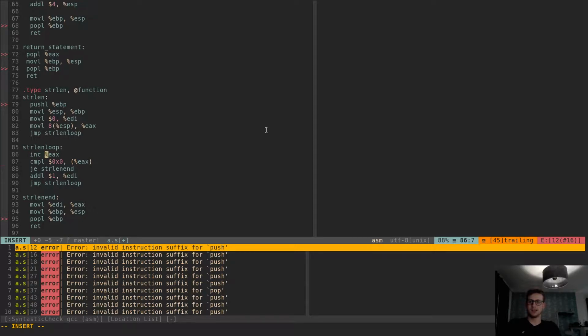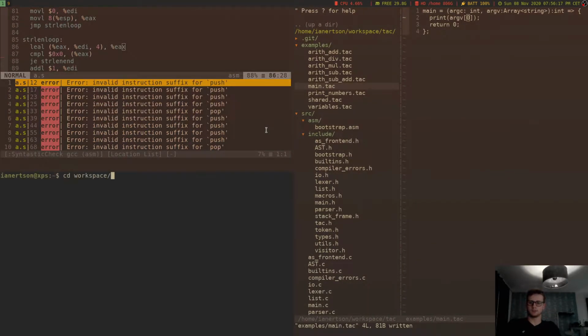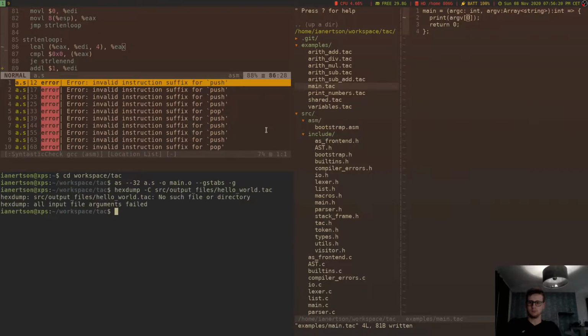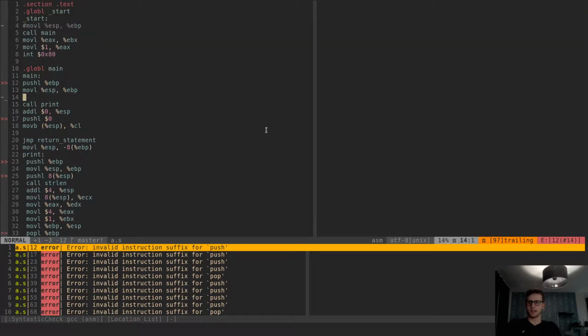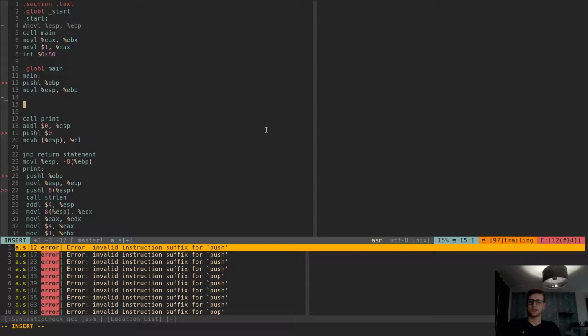What we want to have is this should be here, and we should not increment EAX. We should lea EAX with EDI for EAX, I think. Of course, we're still getting a segfault here, but what we want to do here is lea